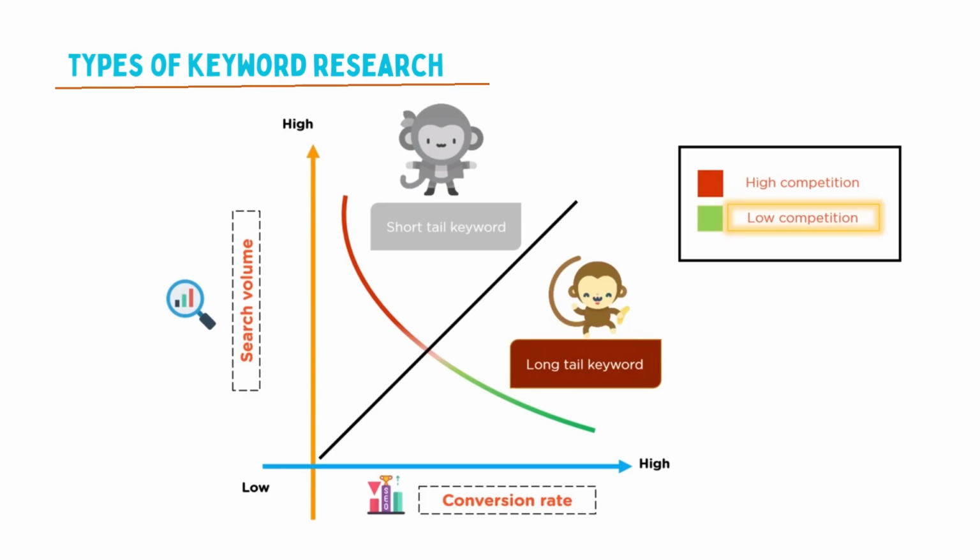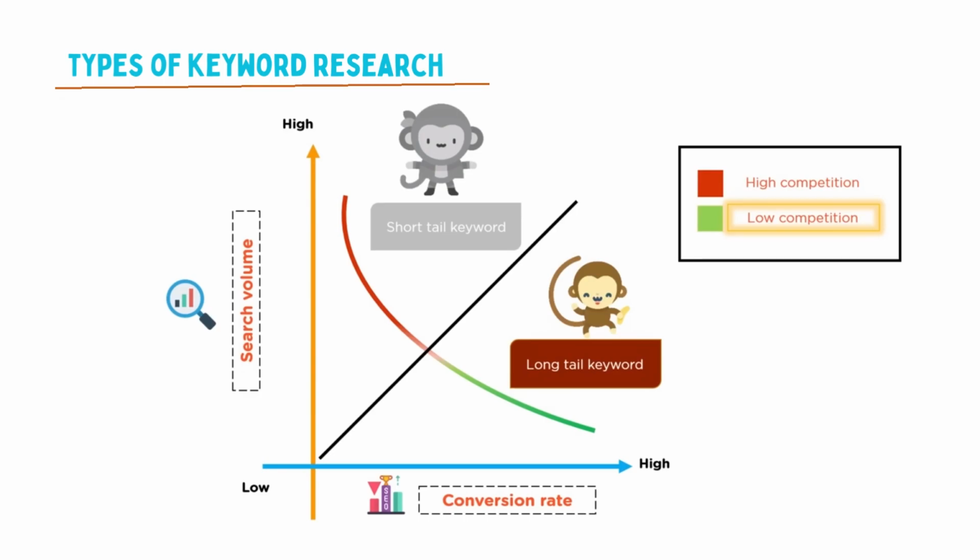When comparing short tail keywords to long tail keywords, it becomes evident that short tail keywords may lack relevance. The advantage of using long tail keywords is that they typically have lower competition. However, it is important to note that long tail keywords generally have lower search volume. On the positive side, long tail keywords tend to be more closely aligned with the content you are creating, resulting in a higher likelihood of conversion. In essence, the key distinction between short tail keywords and long tail keywords lies in the relevance and conversion rates